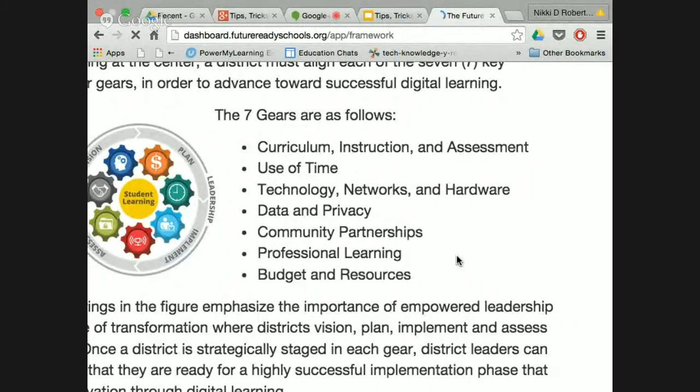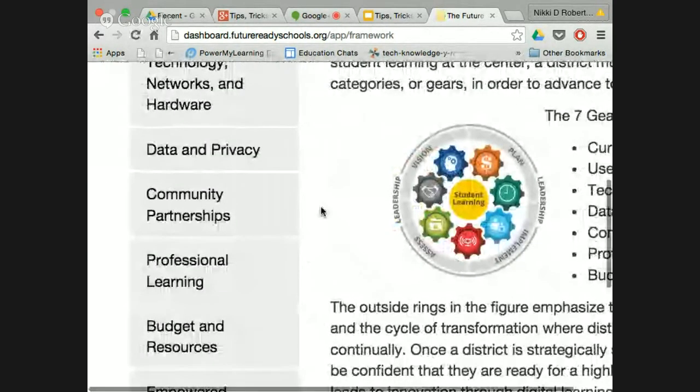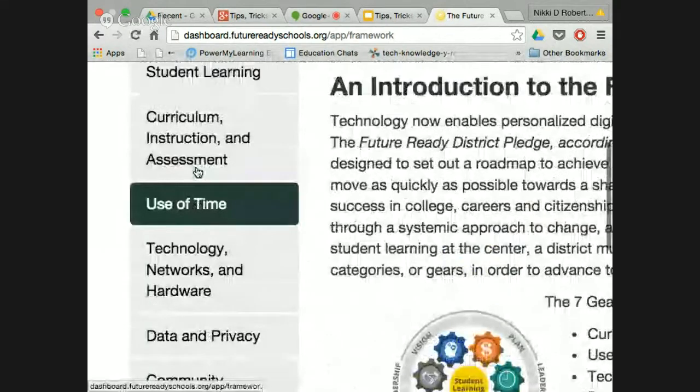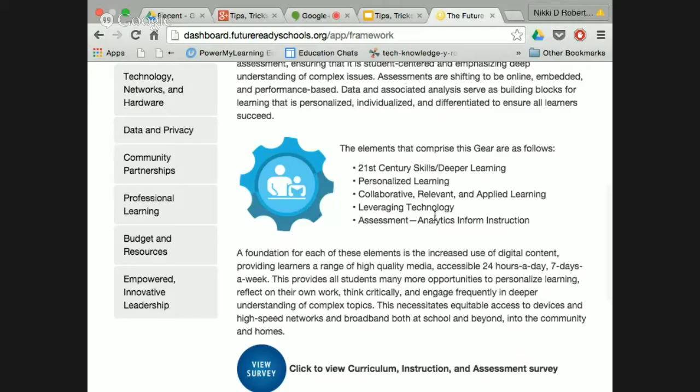Some of y'all have experienced that and know what a nightmare that can be. What I love about this site too is that for each one of the gears over here, they have more suggestions you might want to. They also have